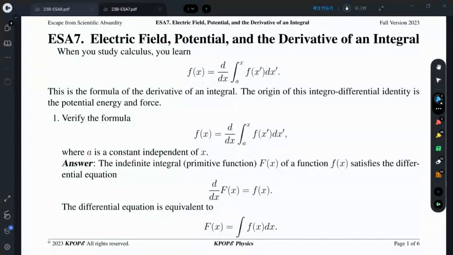Electric field, potential, and the derivative of an integral. In fact, when we compute the electric field, we use Coulomb's law. However, electric field and electrostatic force, both of them are vector quantities. Although in principle we can compute the electric field and electrostatic force directly from the definition